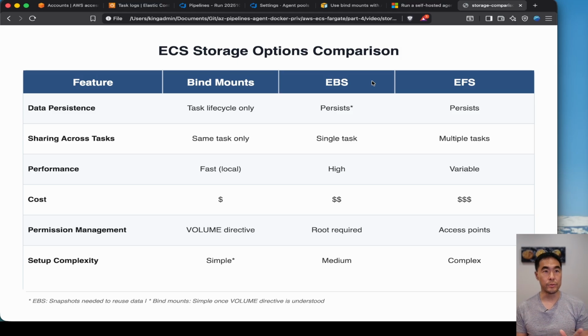Finally, I'd just like to do a quick recap of what we've done in testing out the 3 different types of storage for our ECS Fargate running our Azure pipelines. I've broken them down into different categories, such as data persistence, where with the first one, EBS, we know that it can persist, but not really. By default, it doesn't. You have to flick a switch to make it persist, because if not, the default behavior